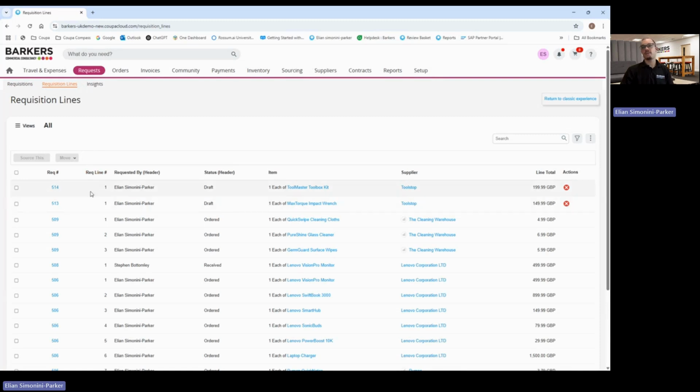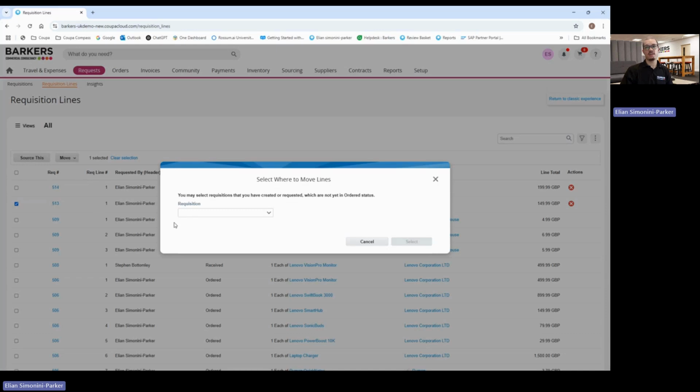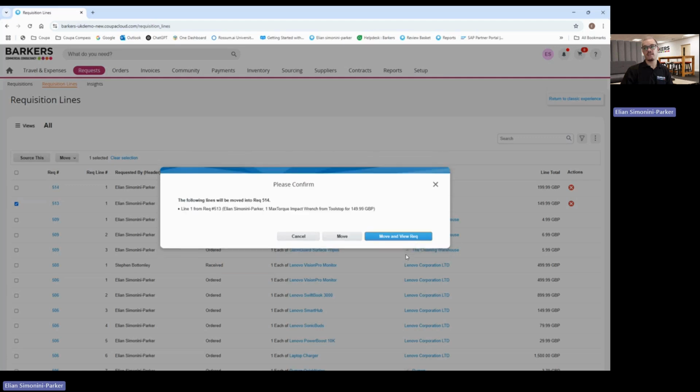For this example, I've got two separate requisition lines, both with the same supplier, and I'd like to move one line into the other to generate a requisition with two requisition lines, so I only have to create one purchase order for this supplier. To do this, I'm going to select the button here, and now you can see this move icon is available. If I go to existing requisition and find 514, select that, and then we say move